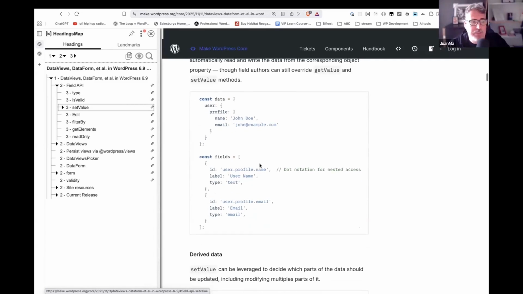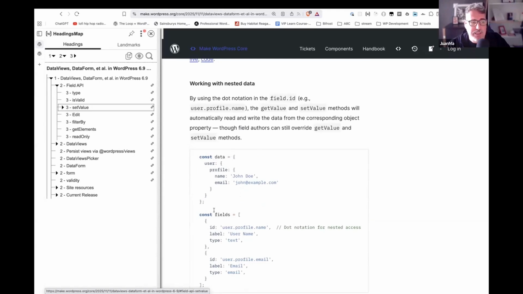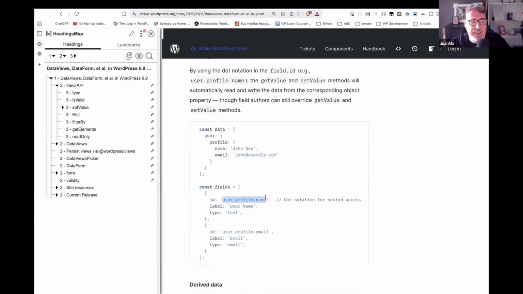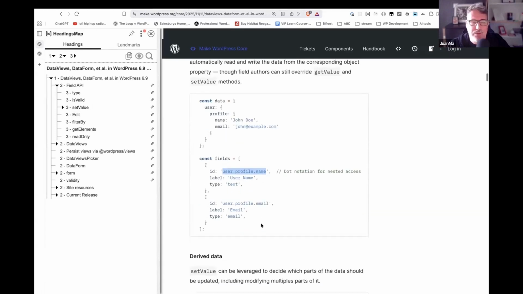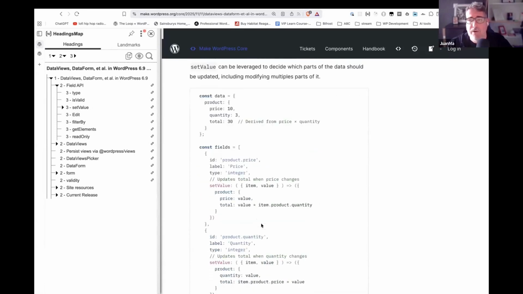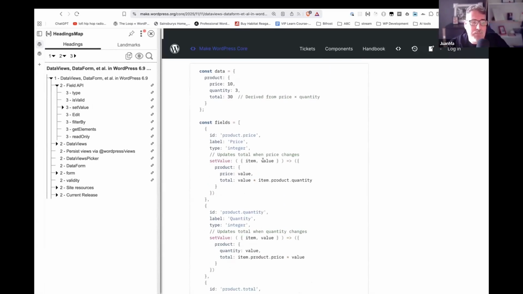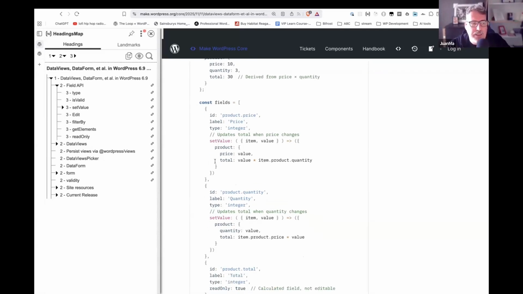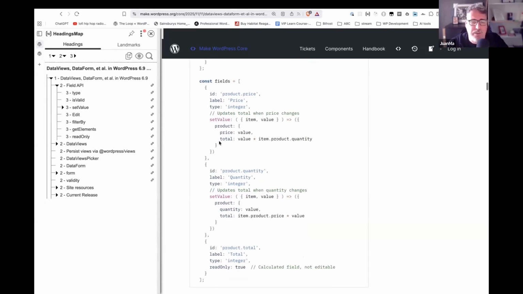And this is really cool because, for example, if we have a complex structure of data, we can just define the ID using this dot notation, and automatically the set value and get value methods will be set. So we don't need to define them manually. But another cool thing that we can do is that when the data changes, we can update more than one property. We can update several properties at the same time. So we have all the power here by leveraging this method set value and get value that already existed in